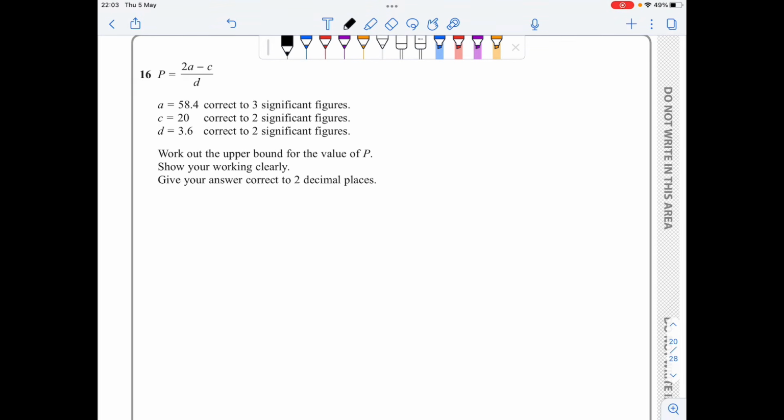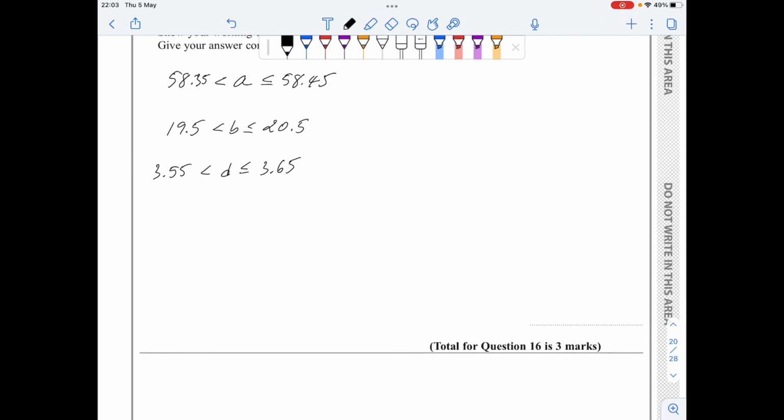For question 16, first I'm going to write a is between 58.35 and 58.45. B is between 19.5 and 20.5. And finally, D is between 3.55 and 3.65. Now, I want the maximum value of P, so I need the numerator to be as big as possible